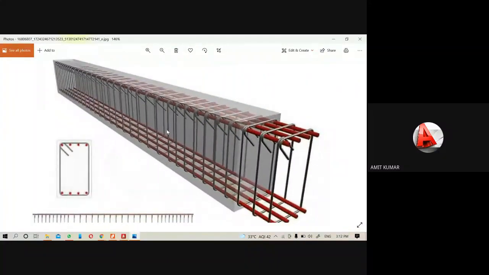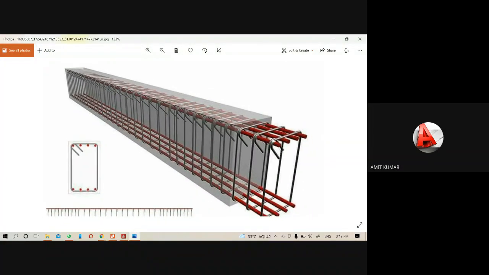In this format, you can see at the top there are 4 bars with a brown color, or red according to this screen. This is your main reinforcement bar, and here we have two-legged stirrups, which will be known in STAAD.Pro as shear reinforcement or secondary reinforcement. Okay, this will be your main reinforcement, and this is your secondary reinforcement.